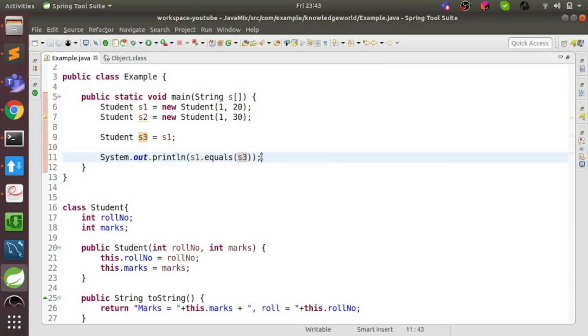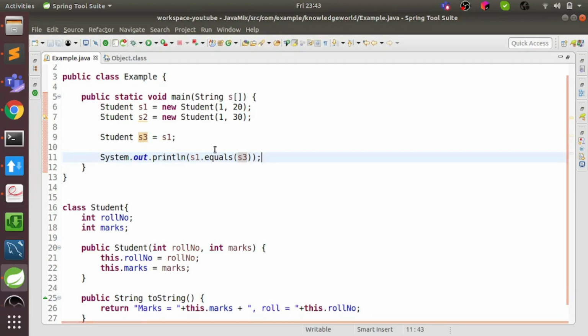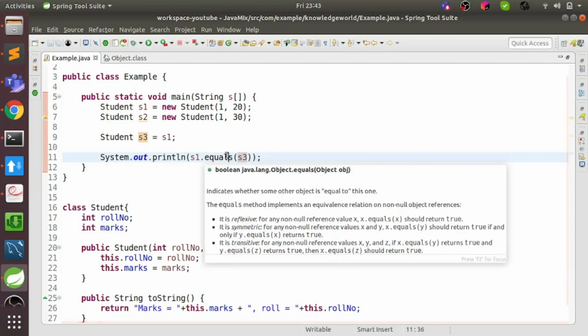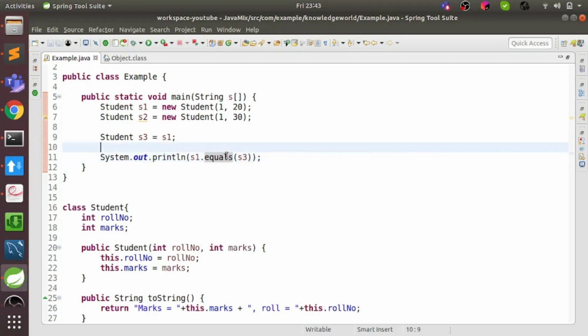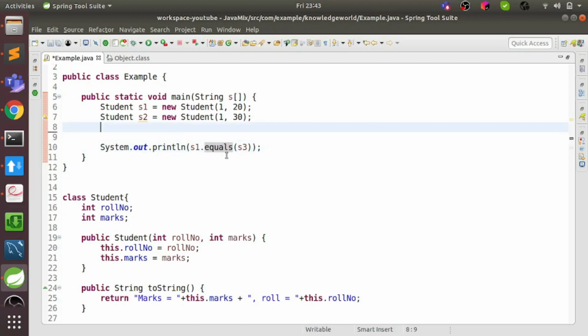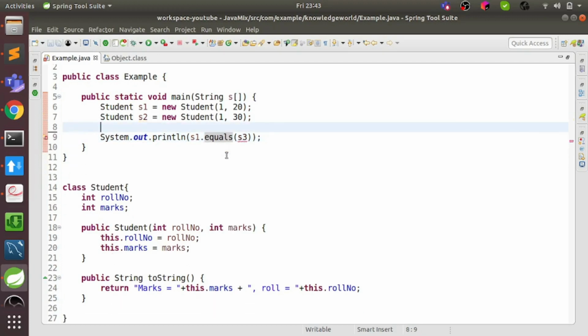Okay, so this is the default equals implementation, which is coming from the Object class, and it's a shallow comparison. Okay, now let's say we want our equals method to check if the roll number of two students is the same, then we can consider it as the same student, else it should be a different student. So to code it, if two students have the same roll number, calling equals on both of them should return true, else it should return false.